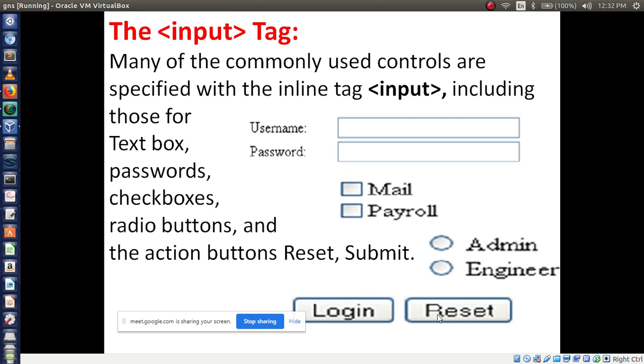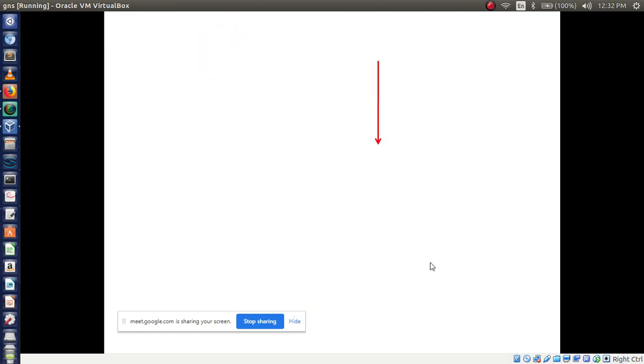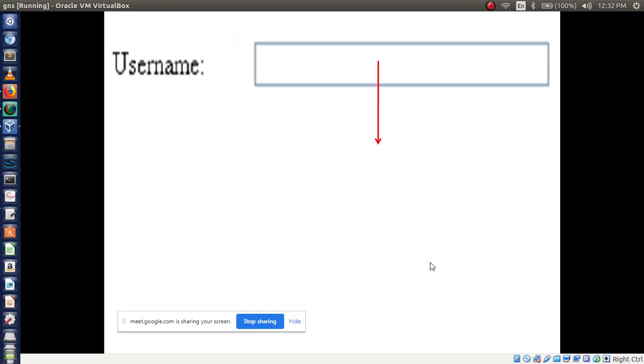Okay, now we'll see. I want to design my web page like this. So first I am using one box. Which type of box is it?